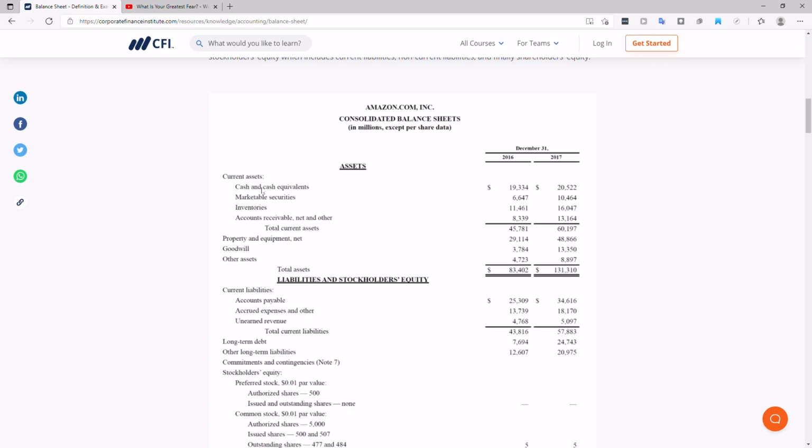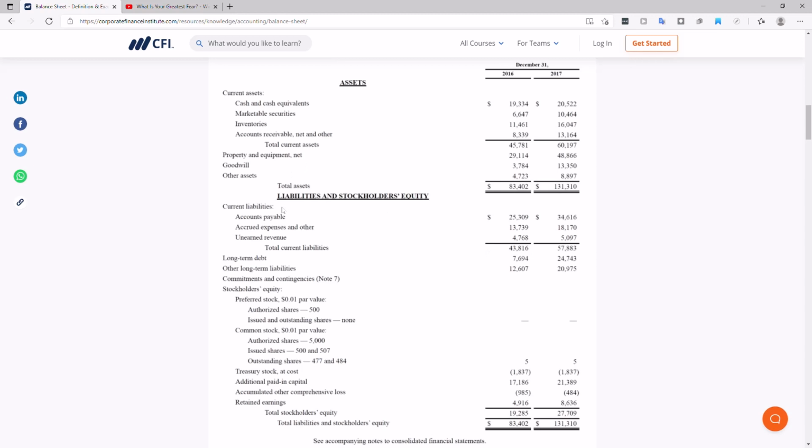So their current assets, and they tell you the total current assets, and then here's your long-term, and here's your total assets. So 2016 to 2017, assets have increased fairly well, which is really good to see, right? Assets are good for investments, current liabilities or sales growth and such like that. So long-term assets right here, right? Property, plant, and equipment, goodwill. Goodwill is kind of when they buy something and the price. Yeah, so goodwill is a little complicated, but there it is. This is a long-term asset.